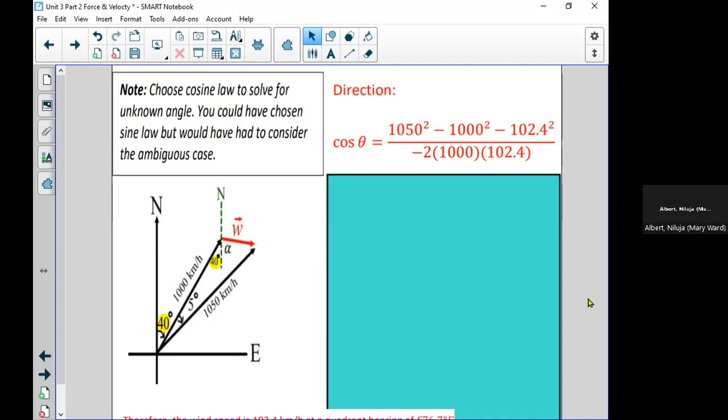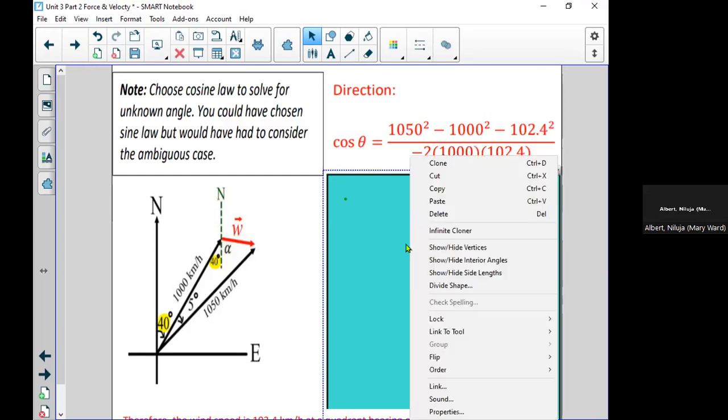And we're solving for that entire angle theta, which is comprised of the sum of 40 and alpha from the last slide. So we enter in the legs of the triangle according to the formula. We enter in on the bottom just the rearranged, and our only goal now is to evaluate the right hand side. Again, I wouldn't do that in one shot. It might be a little bit much, but